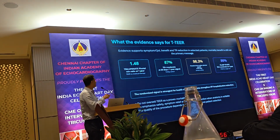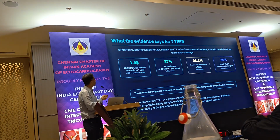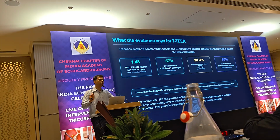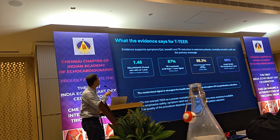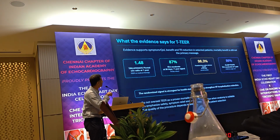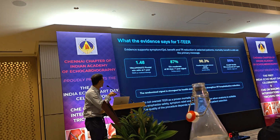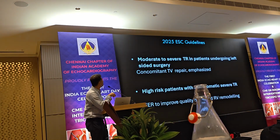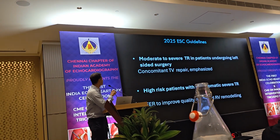So evidence, I think today we have many studies. The TRILUMINATE trial for TEER showed the benefits even up to 2 years. But there has been no reduction in mortality in these trials. They have only shown benefits in terms of symptomatic benefit, reduction in hospitalization, and TR reduction. There are other trials with Pascal as well, and as I mentioned here, it's not proven to reduce mortality. And the 2025 ESC guidelines, as far as transcatheter therapy is concerned, it has been